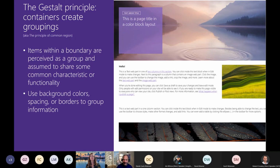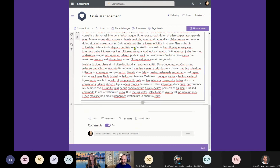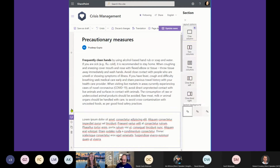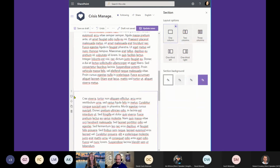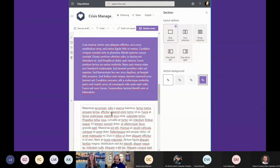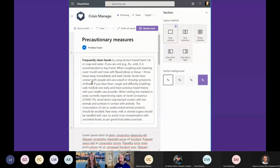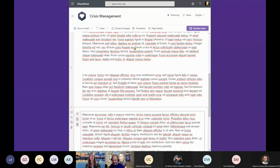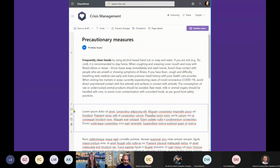So on the next page, I have a really embarrassing, boring page here. That's just a wall of text, right? This is probably the worst thing to do to our users. But you may not know that if you create a section in a page, you can actually go to the section settings and click on the background color. And if this was a better written article and I was to zoom out of that page, you'd be able to actually see that there's now visual sections in that page that I can highlight from. In fact, if we go to the next slide,